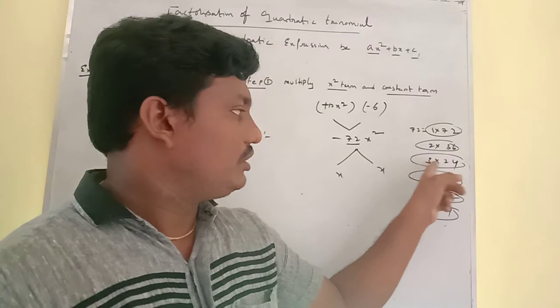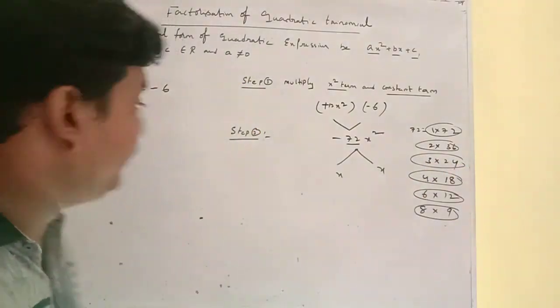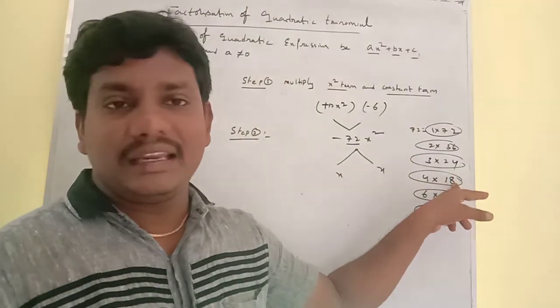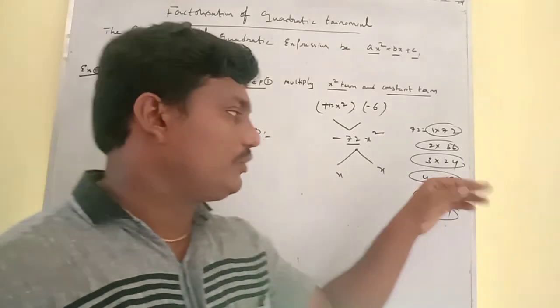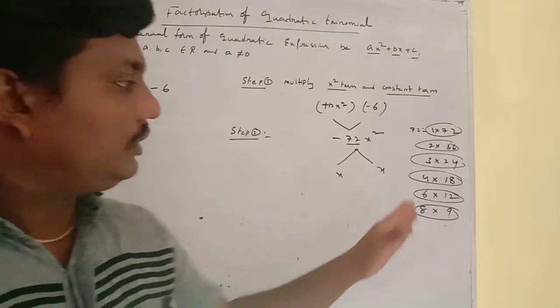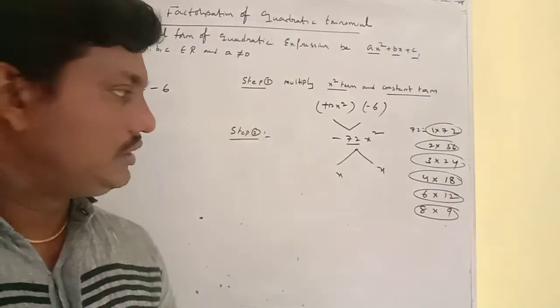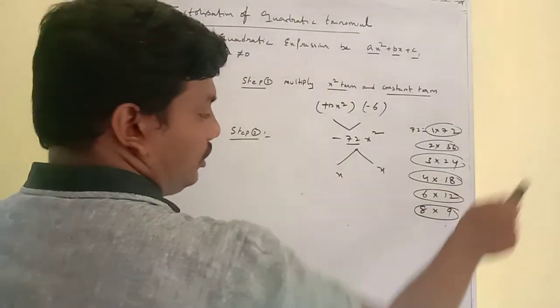Then coming to here, this is 3 and 24, so 27 and 21. If it is 27 and 21, no, it is not there. Then 4 and 18. So 4 plus 18 is 22. 18 minus 4 is 14. 14 and 22 is possible, right? Here it is not possible. Then coming to 6 and 12. 6 plus 12, how much? That is 18. 12 minus 6, 6. If it is 18 and 6 also it is possible, but it is also not possible here.